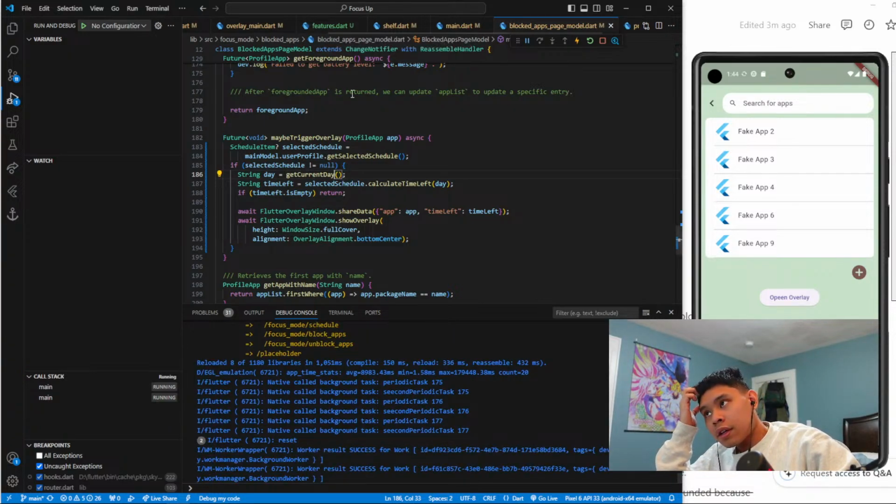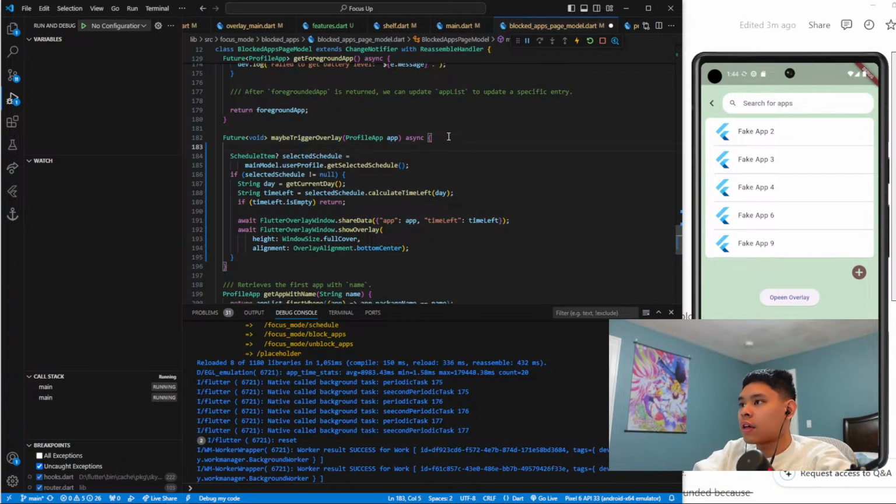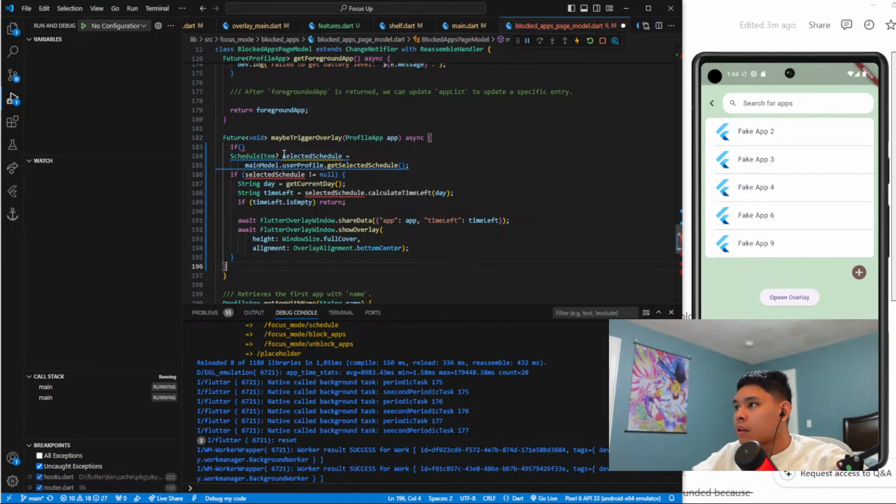Okay, so if the overlay isn't active, we go into here, which is maybe trigger overlay, and in here we should check if time left is not empty. And then this entire thing is actually, this is all logic that's